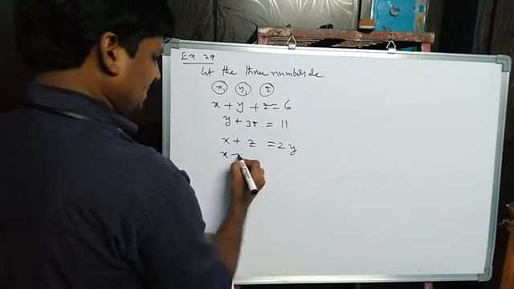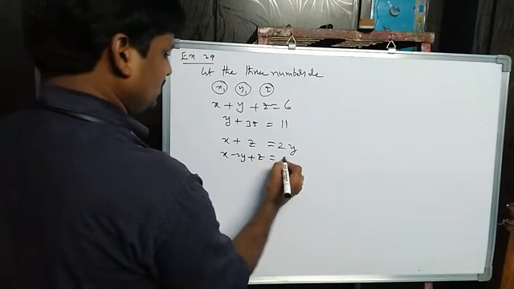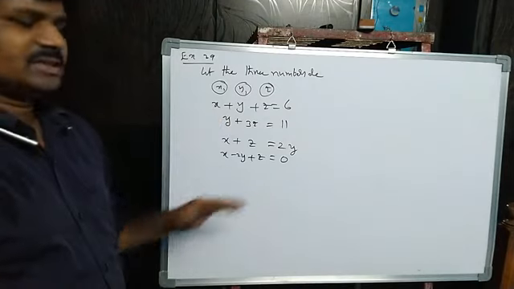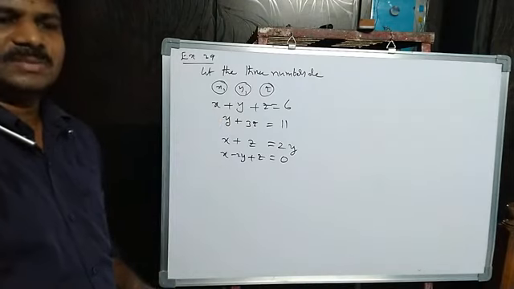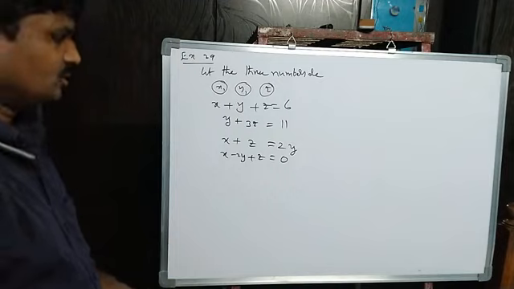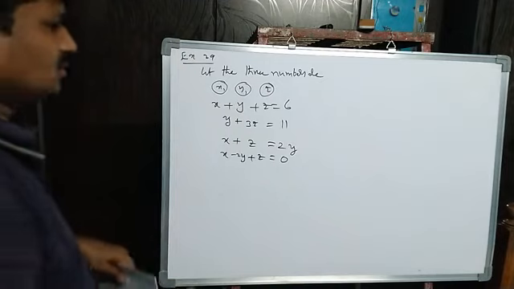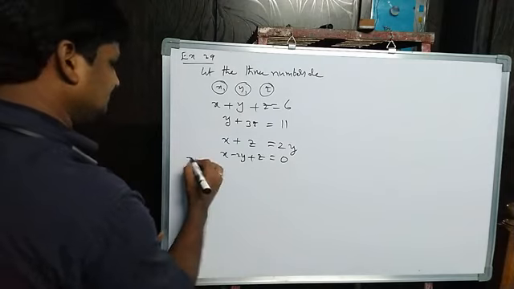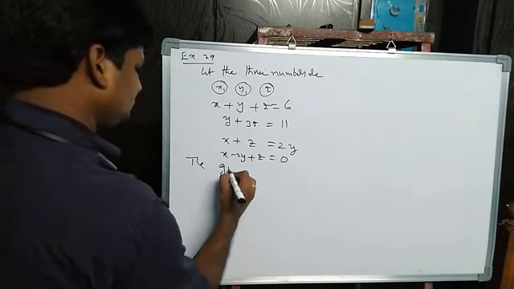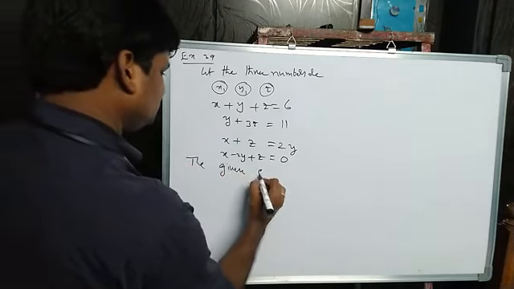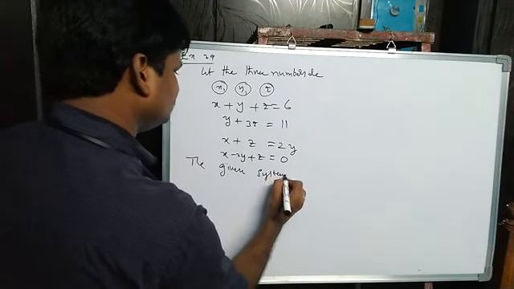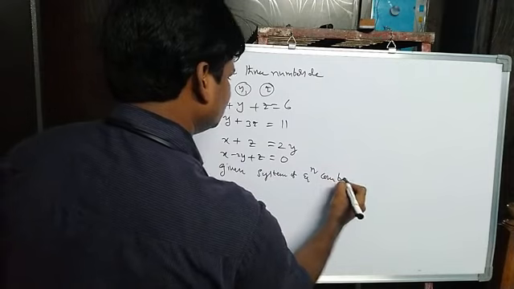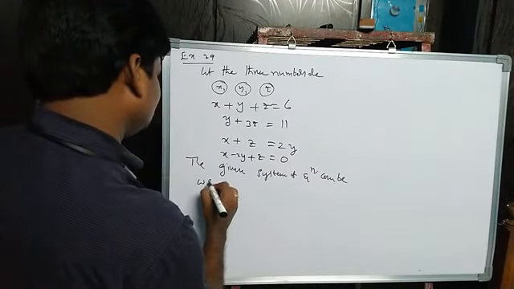X minus 2y plus z is equal to 0. Now this system of equations you have to solve by using the matrix method. So how can you solve? To write that, the given system of equations can be written as